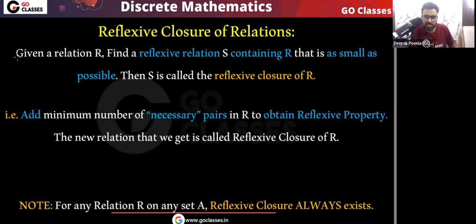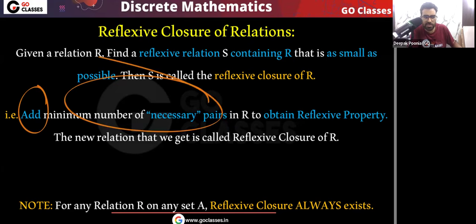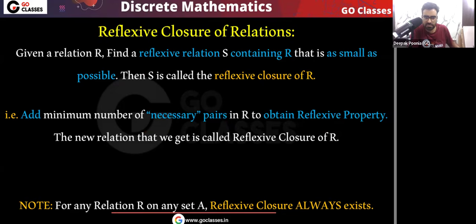Okay, so this is the definition. Given a relation R, find a reflexive relation containing R that is as small as possible. That will be called the reflexive closure of R. So remember, for any given relation R, the reflexive closure is a reflexive relation containing R which is as small as possible. In other words, in the relation R, you add the minimum number of necessary pairs to obtain the reflexive property. The new relation will be called the closure of relation R with respect to the reflexive property, or the reflexive